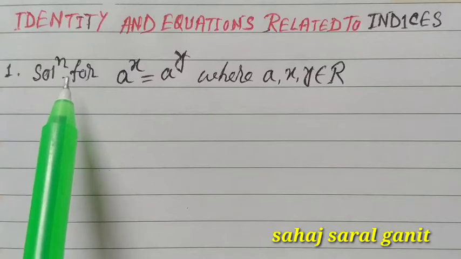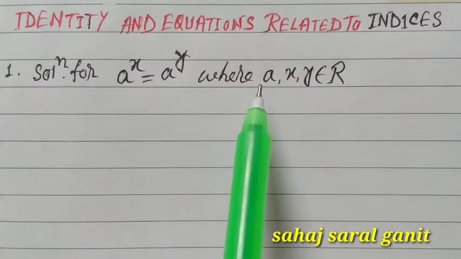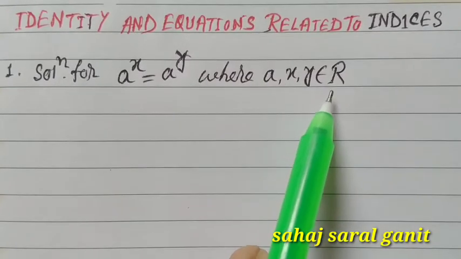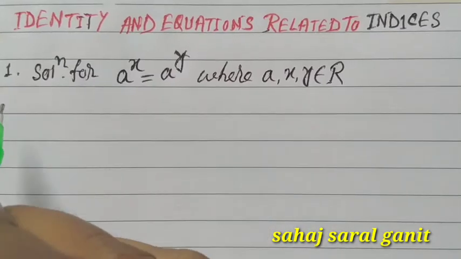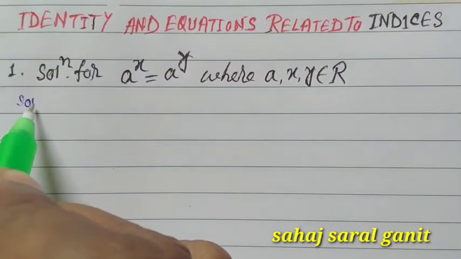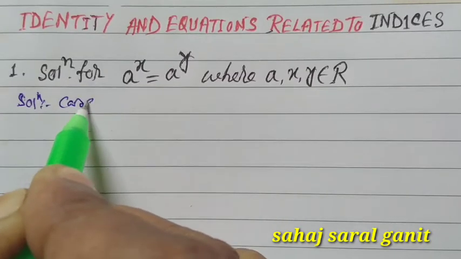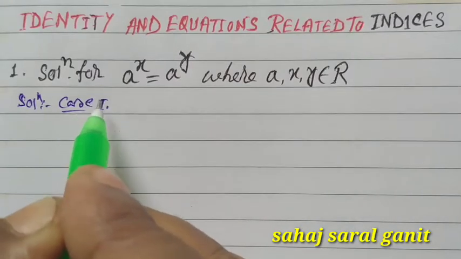We solve this. The solution for a to the power x is equal to a to the power y, where a, x and y are real numbers, that is a, x, y belongs to R. Solution. Now solution for 1, that is case 1. Case 1, we have if